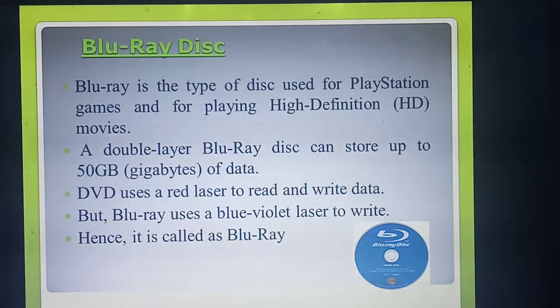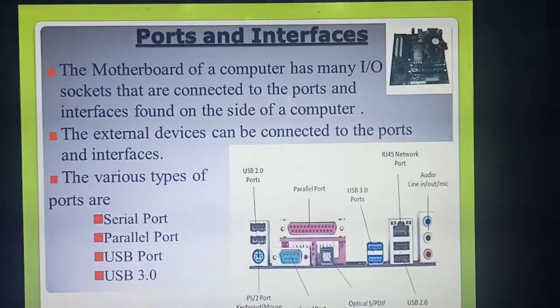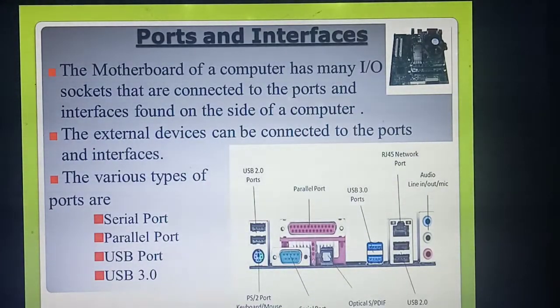So Blu-ray disc is also a type of CD or DVD. What is the use of Blu-ray disc? Mainly used to store high definition games. This Blu-ray disc is also double layer and can store 50 GB of data. Normally CD and DVD write the data using laser light; similarly, the Blu-ray disc uses blue-violet laser light to write or read data. So only we call this a Blu-ray disc. Understood? So the secondary storage devices are over.